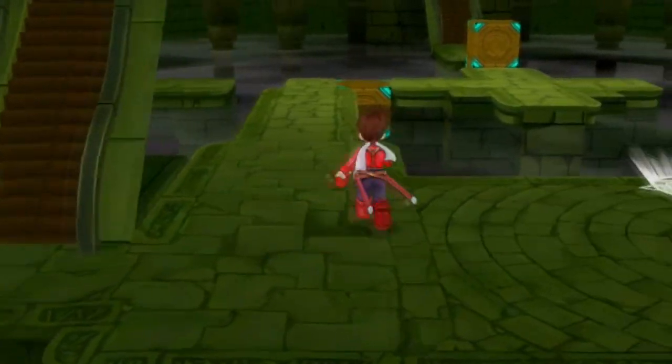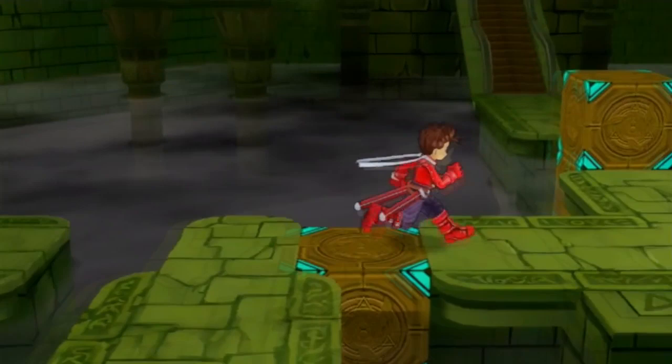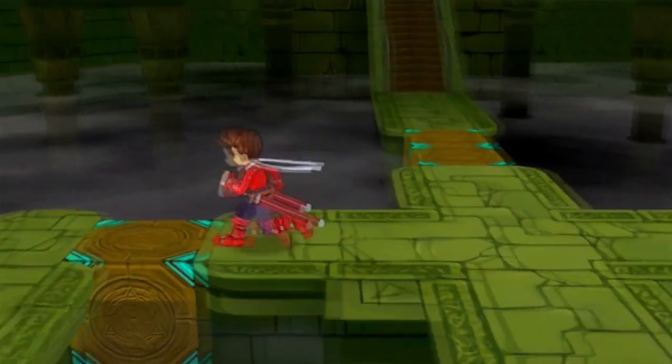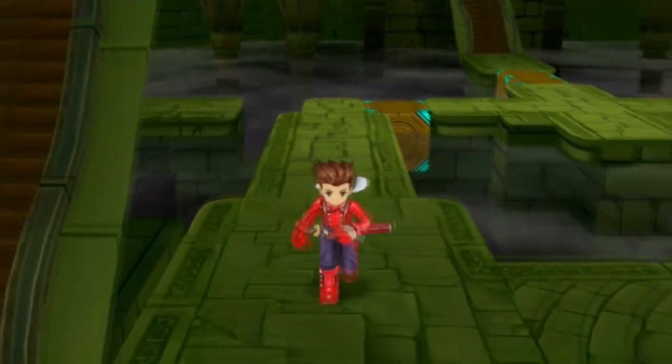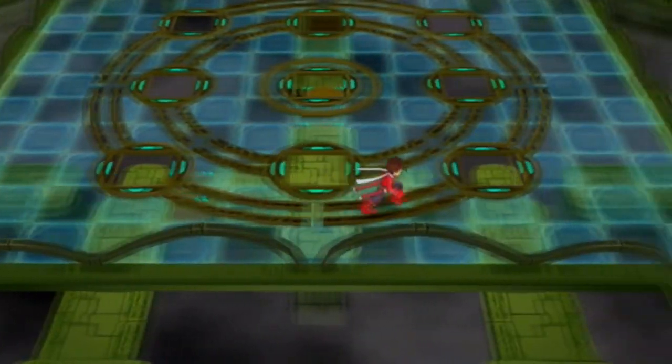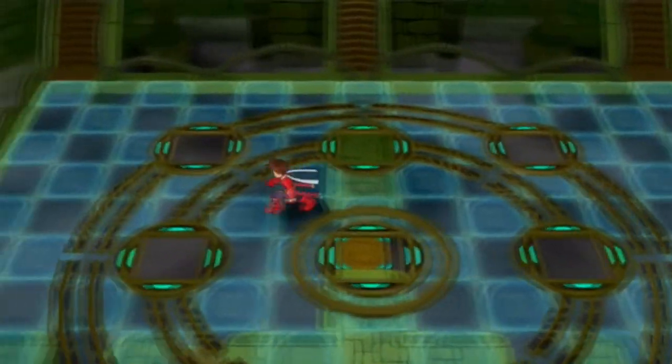All you gotta do is push this block all the way upwards like this. And that forms a pathway upwards. So that's where you're supposed to go. But you might notice there's also a left and right side. So I'm going to go ahead and...